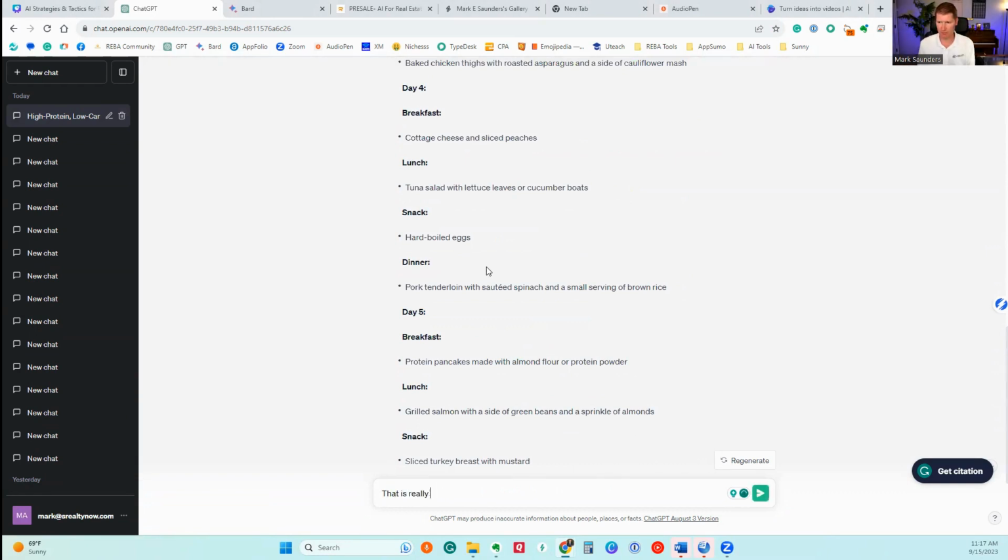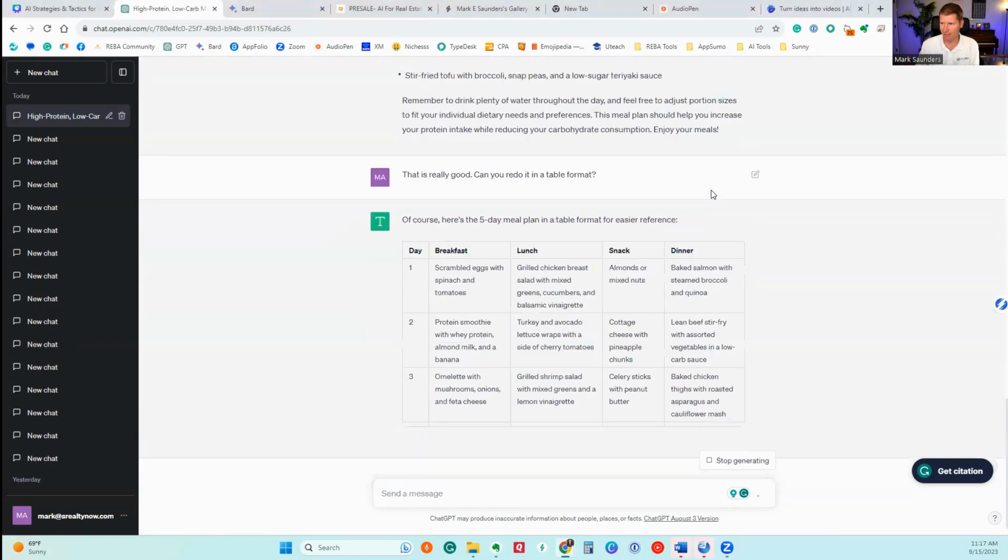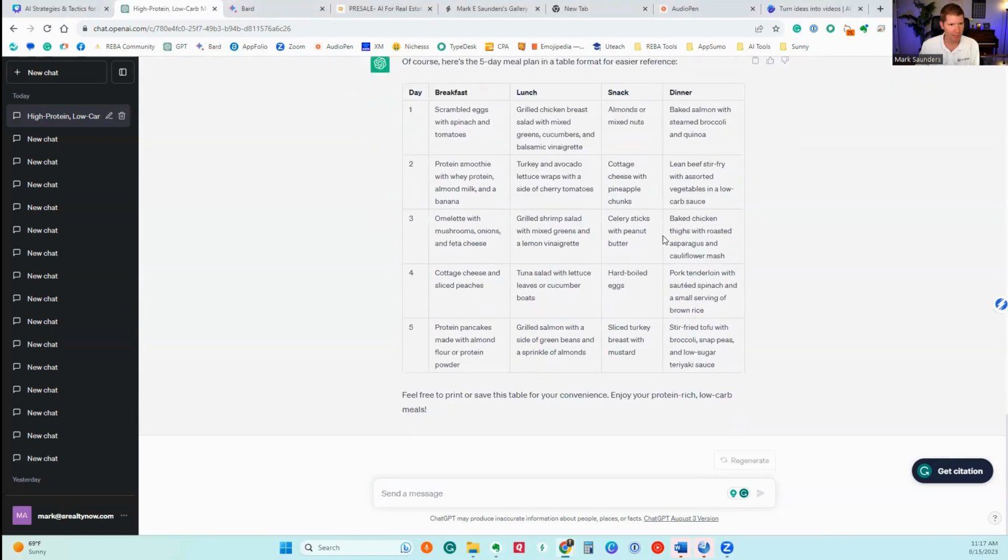That is really good. Here's a tip. We don't know if these robots are going to take over the world one day, so be polite to your robots, okay? So I'm going to say that is really good. Maybe they'll remember that one day. Can you redo it in a table format? Question mark, enter. And just like that, before I can even scroll down, it's already broken everything out into a